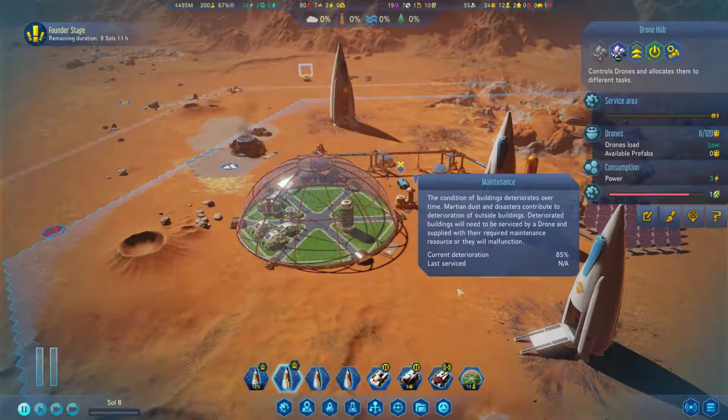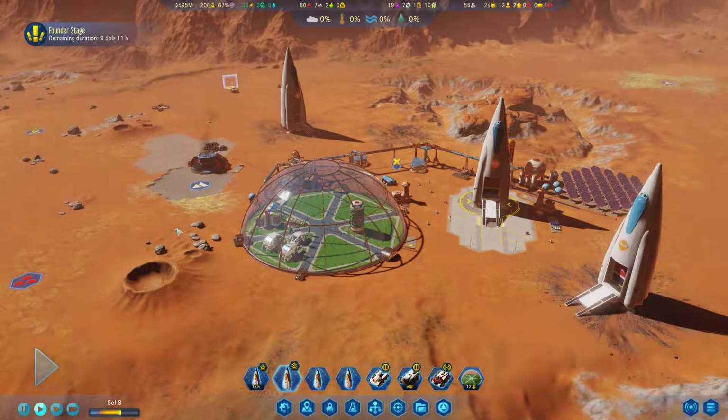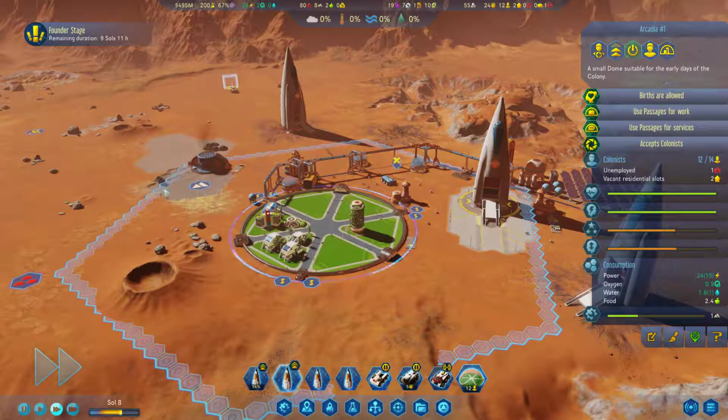This is to hopefully save on the machine or electronics cost of running them. But let's get going. We've got 9.5 souls left of our founder stage, although this could end early if we are comfortable enough to have our first Martian born. And it actually looks like we are currently comfortable enough, so we might be able to end our founder stage